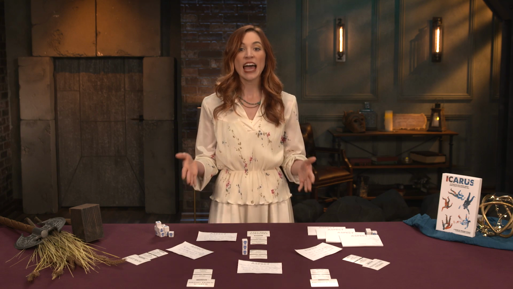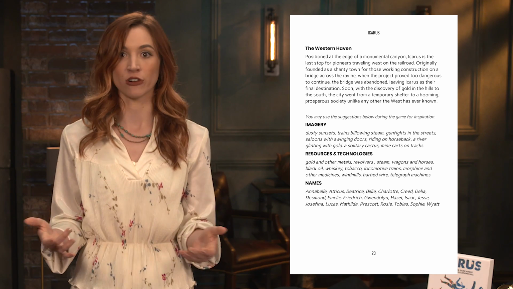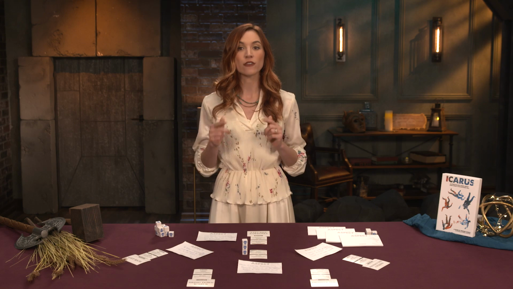Go around the table and collectively choose a theme. Or you can use the suggestions in the Icarus rulebook, like a frontier town in the American West, or a fantastic magical city in the heart of an ancient world. Whatever you choose, the group will develop a shared story about the rise and eventual fall of this great city